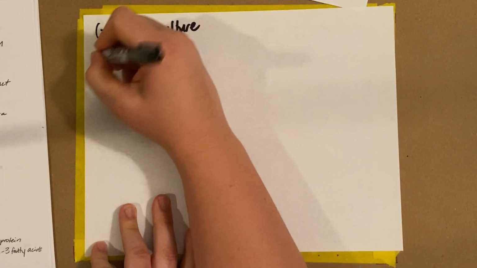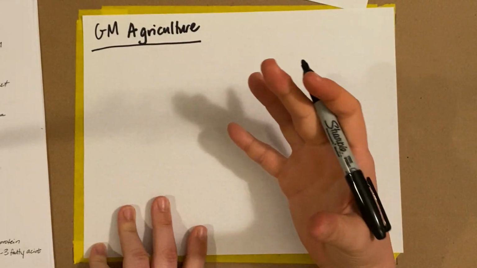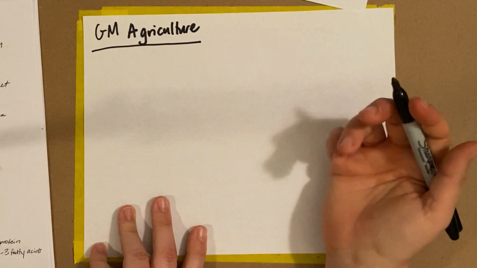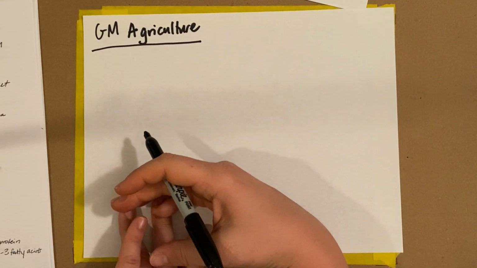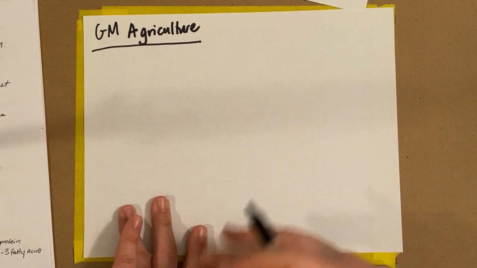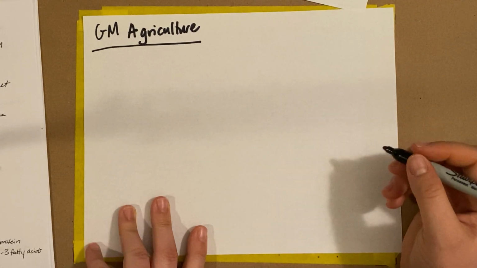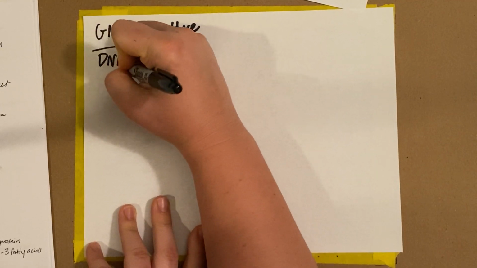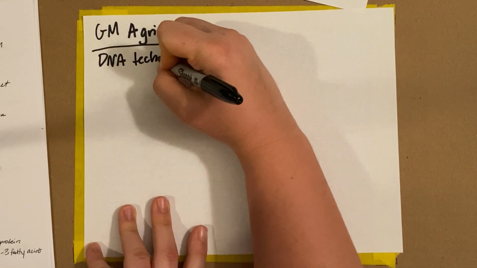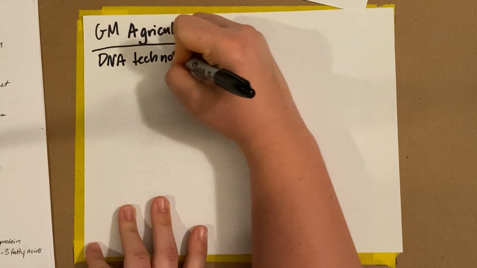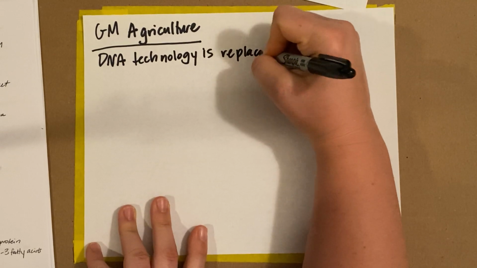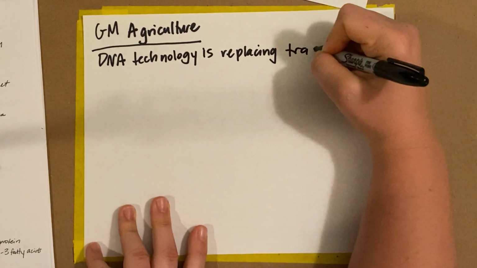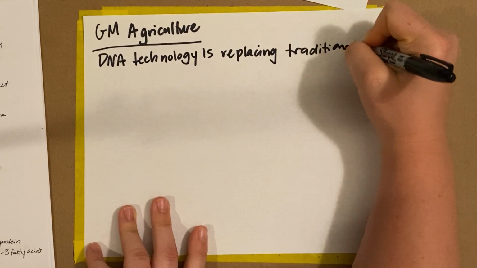And so DNA technology, the type that we're talking about today, and not just selective breeding, has replaced how we used to breed our different crops and also our different animals. So DNA technology is replacing traditional breeding